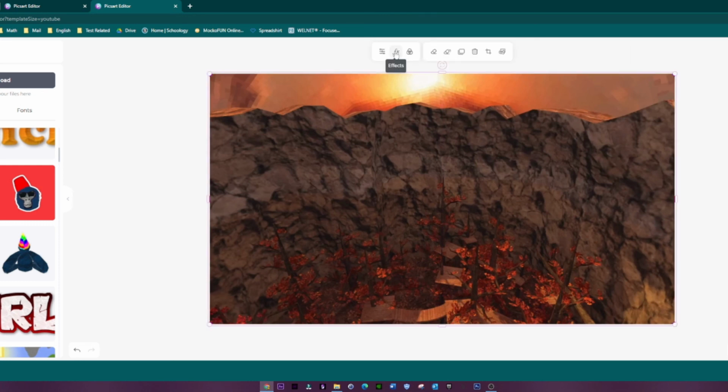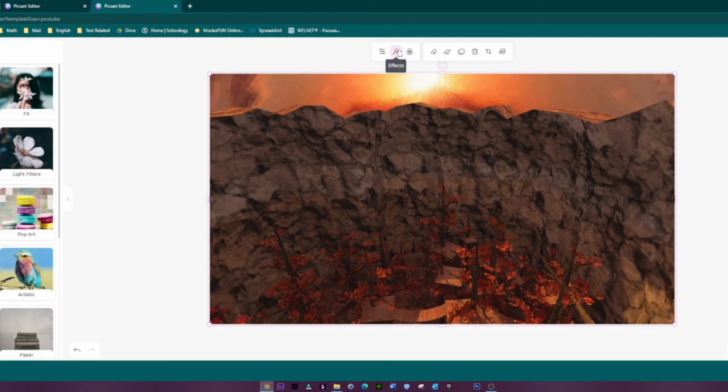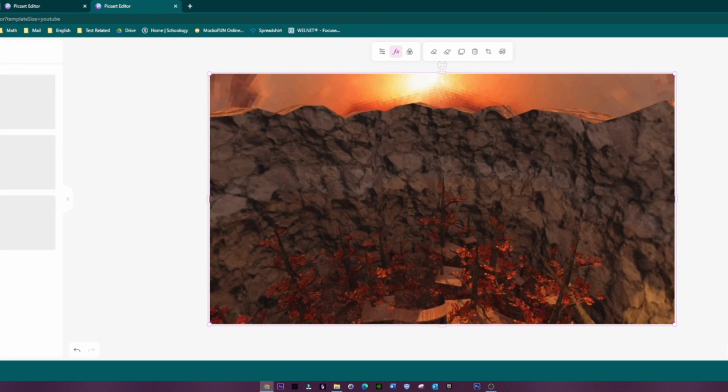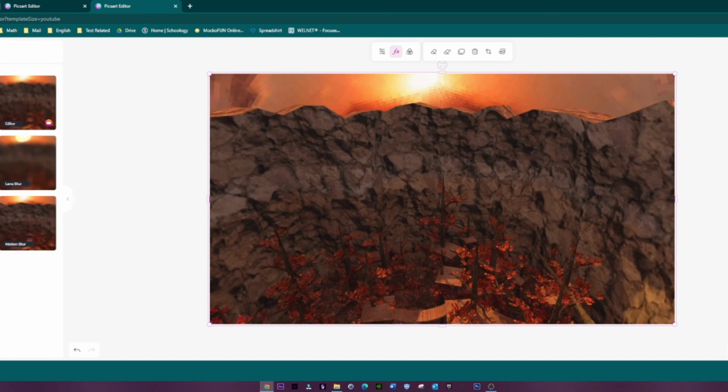Now what you want to do is click on the picture, go to effects right here, and then go to blur on the left side where it shows light filters and everything. Here you can't really see it, but go to blur. Then you want to find the one that just says blur. It should be the one right below none. So you're going to click blur, and now